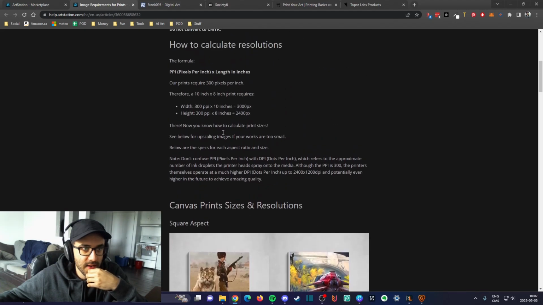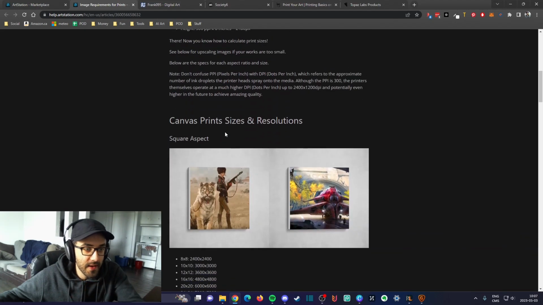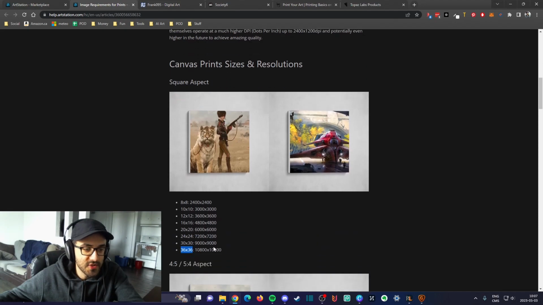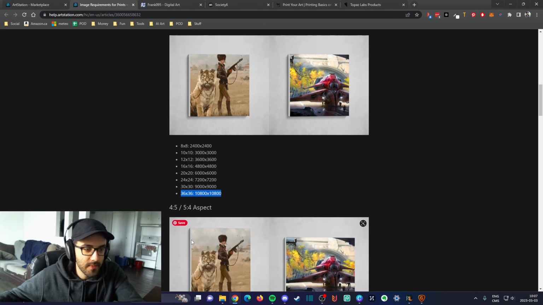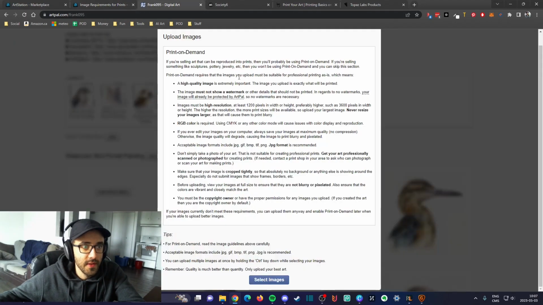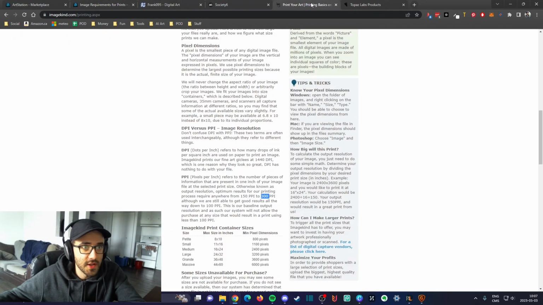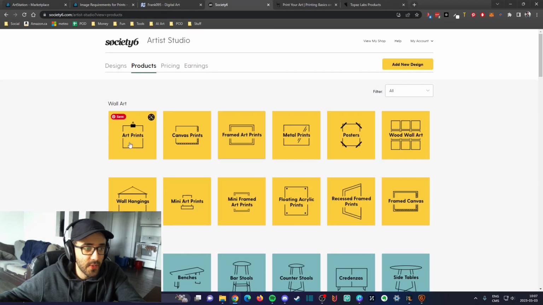And then, I noticed that it works pretty much great for all print-on-demand websites. These dimensions here are pretty much good for all print-on-demand websites, but you know, you can do what you want in the end. If you want to sell this art on Etsy, you can also do that. You can also sell them on ArtPal, ArtStation, and Society6 as well. They have hard prints, and so the larger the file,